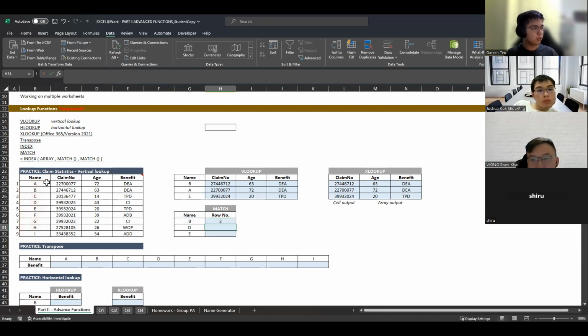If I do that, I'll return 2, because this is the matching row that I'm looking at. If I drag this down, this will be 4 and 5. Quite straightforward. What's important about match is that we use it for indexing later. This is quite important for indexing later.